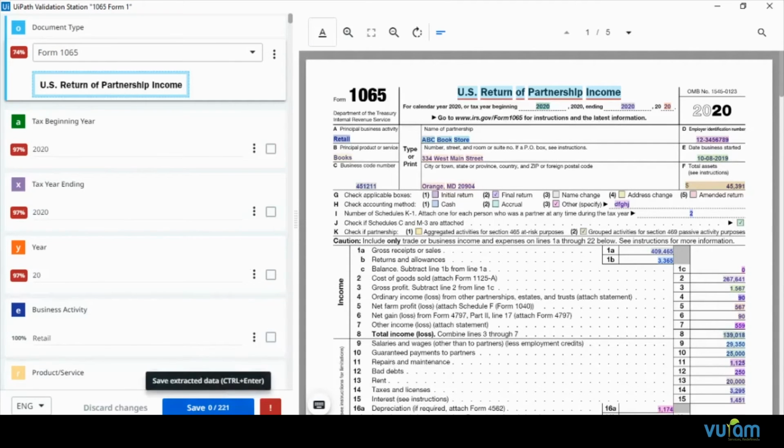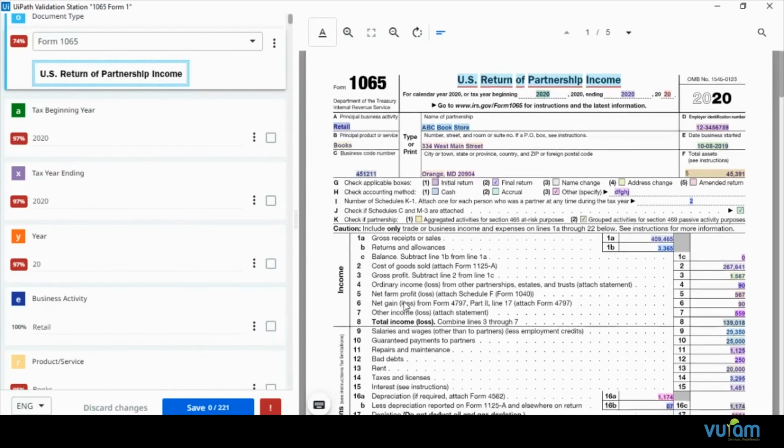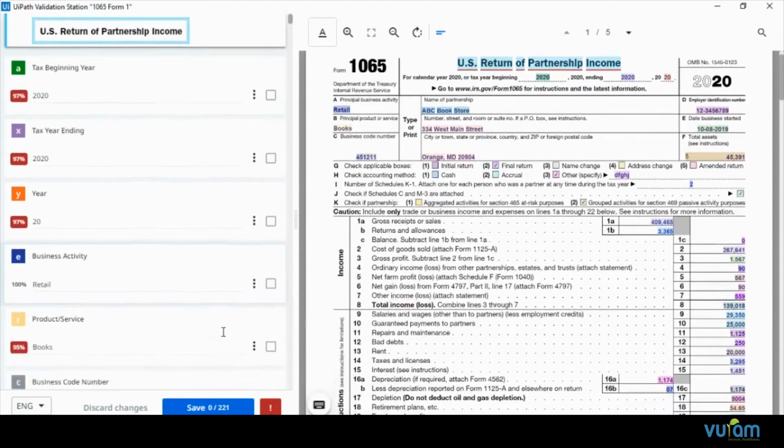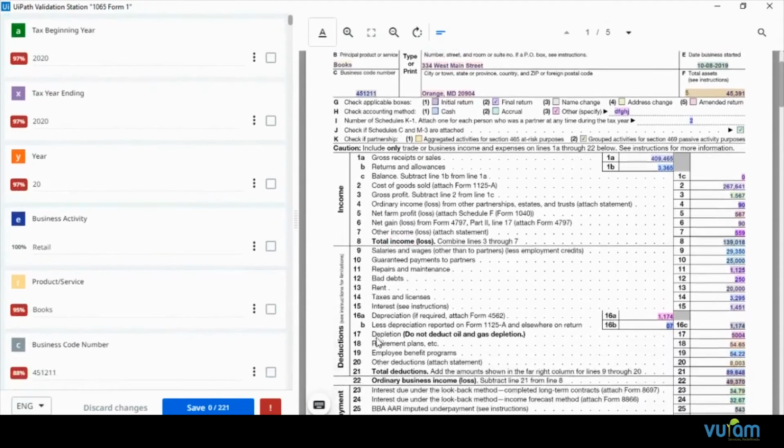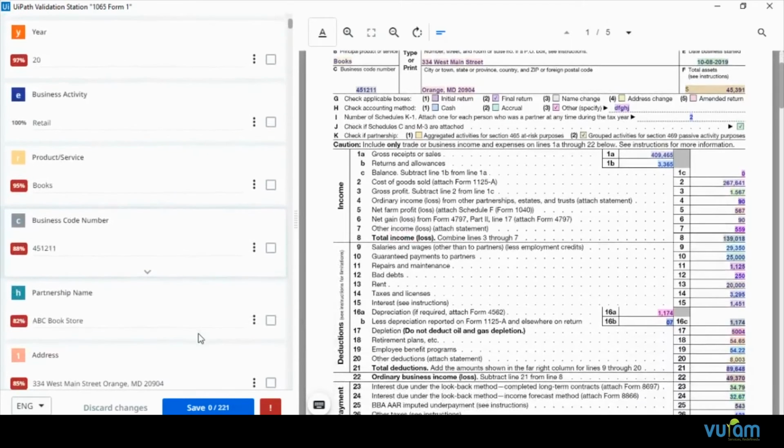We have a total of 221 fields including the 5 tables. These are the data extracted from this file, and we can see that all the data has been extracted.